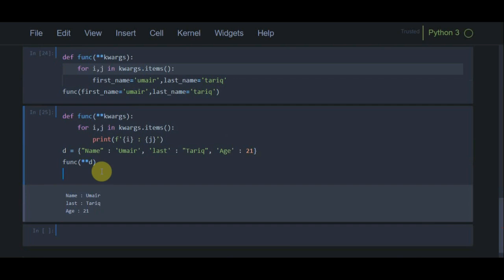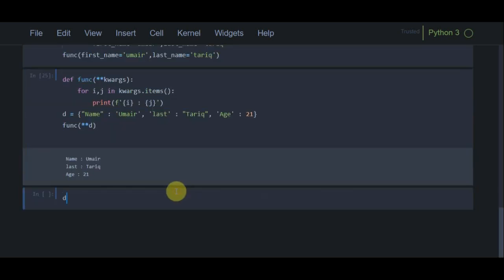Now, if we use a normal parameter or a default parameter with double star kwargs in one function, the order must be like this. How must we arrange the order if we are using a normal parameter with double star? Sorry, first we need to write the parameter.